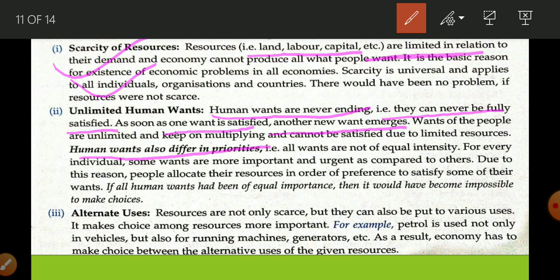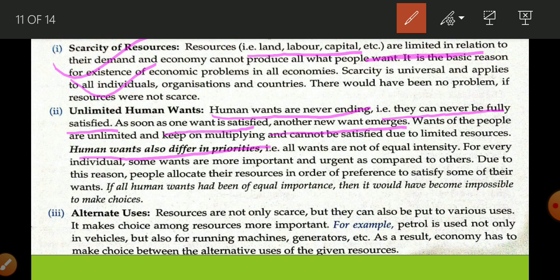At the same time, suppose there is a function in your family, so you want new clothes and many other things, but which is more important? Suppose you are planning to purchase an AC because summer season is about to start. Now it has started. Obviously you can postpone the purchase of the AC or the clothes to another month, and your father is going to pay the fees for your admission.